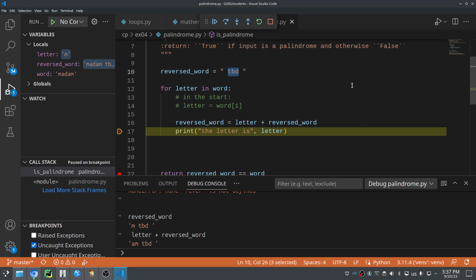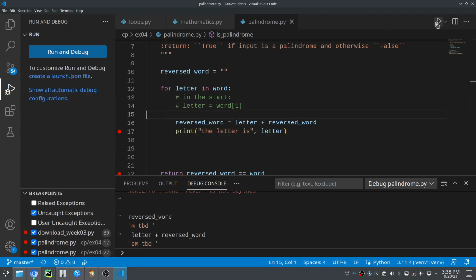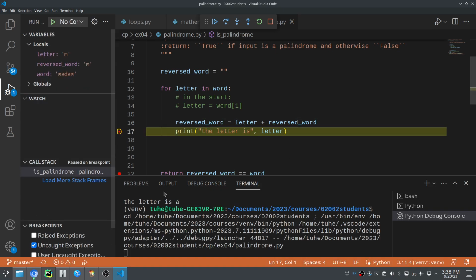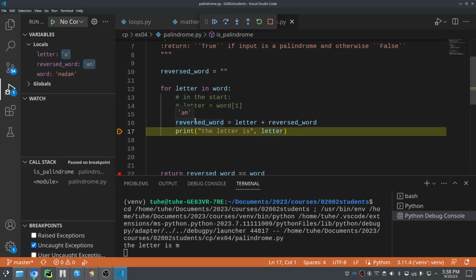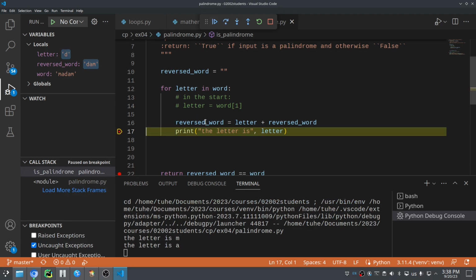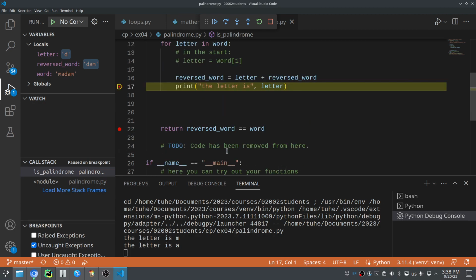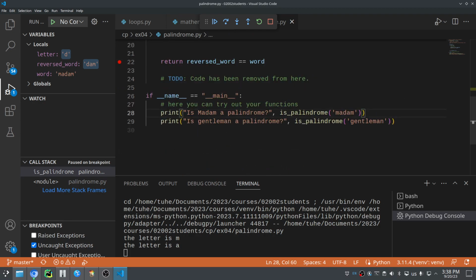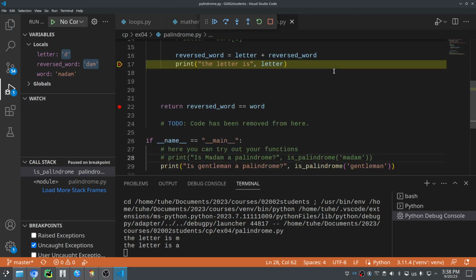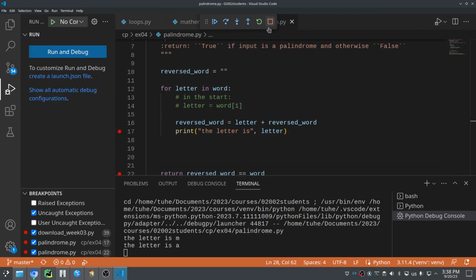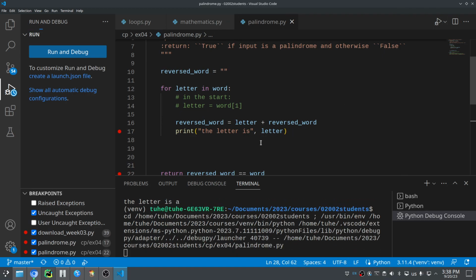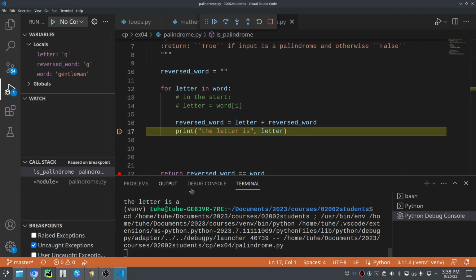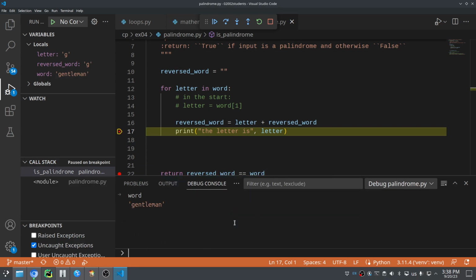So if I just remove TBD and start with an empty string, this would actually be a way of reversing Madame, if you think about it. Because we start out with M, then it's AM, and so on and so forth. Maybe we can illustrate that a little bit better by doing gentleman. Because now, stop, restart. With the word, since the word was gentleman,